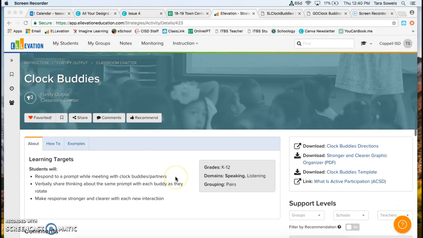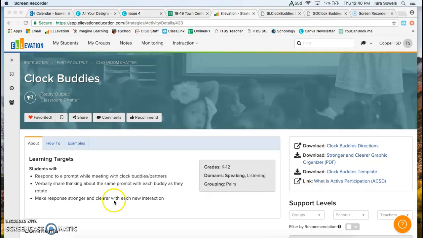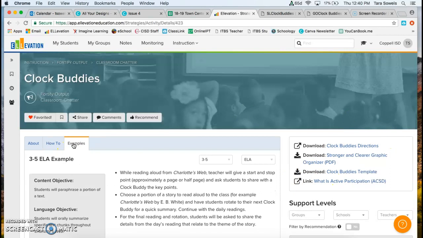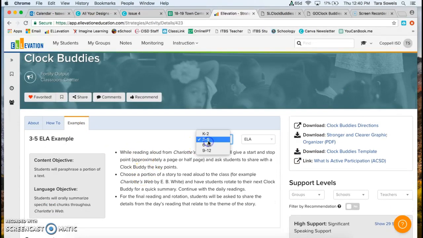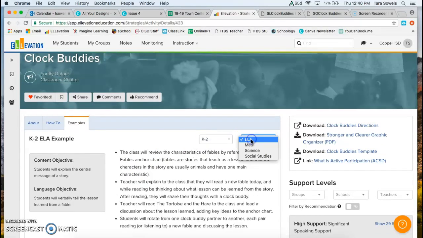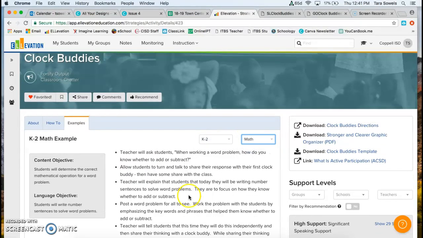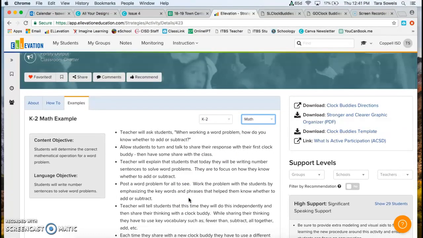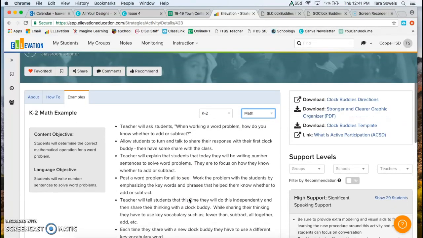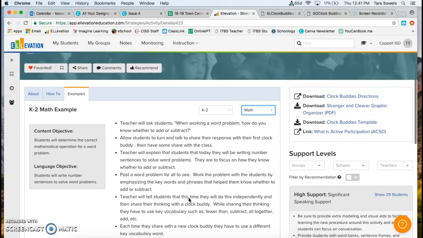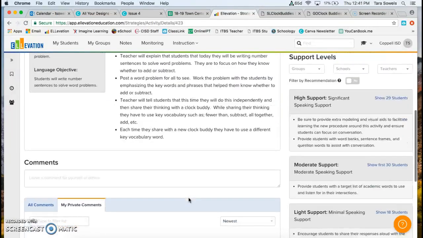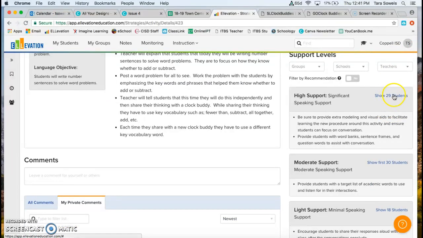Going back to this page with all the information, included with those links are some examples. I think this tab here is going to be very useful. Let's say I am a second grade teacher for math. Then this is going to show me a second grade math example of how to use this activity in your classroom. And the third thing that I think is the most important on this page, if you click on Show